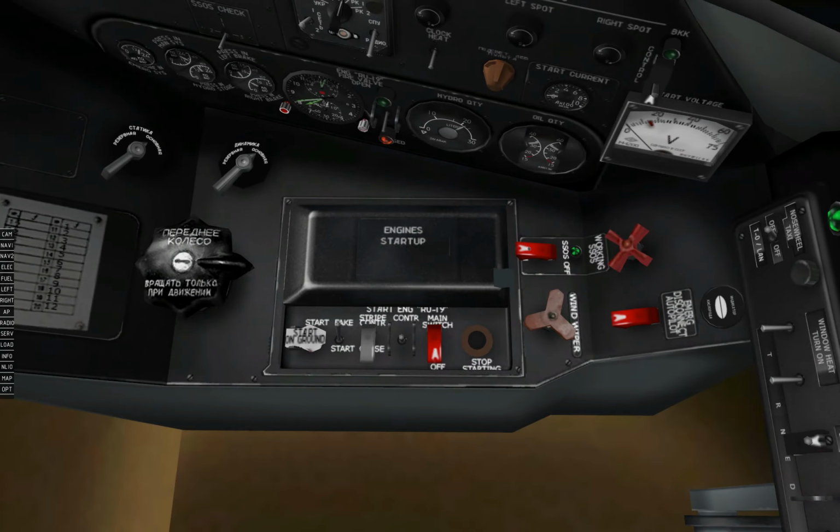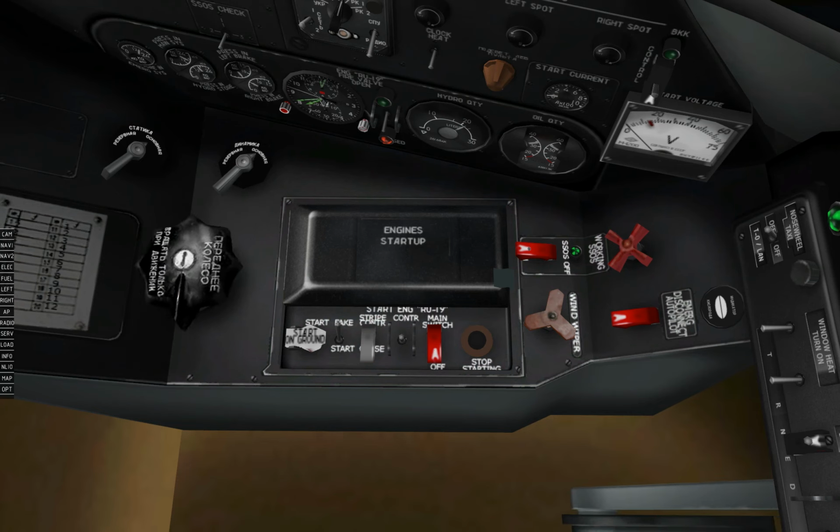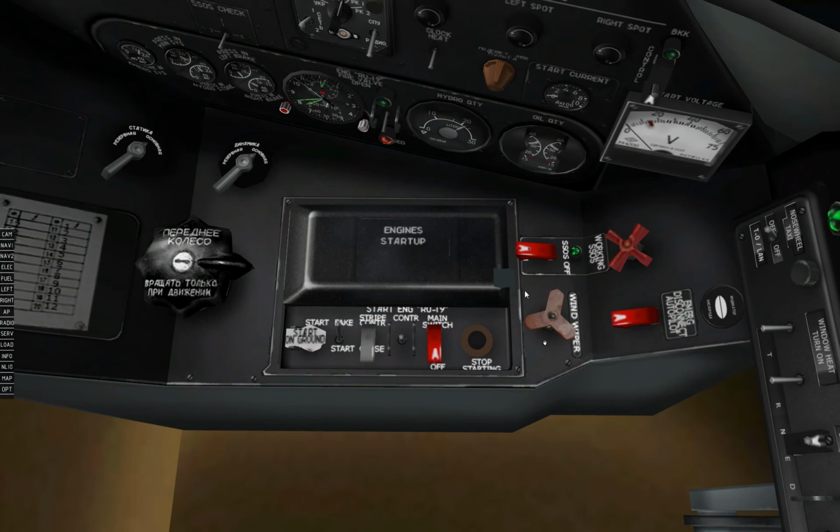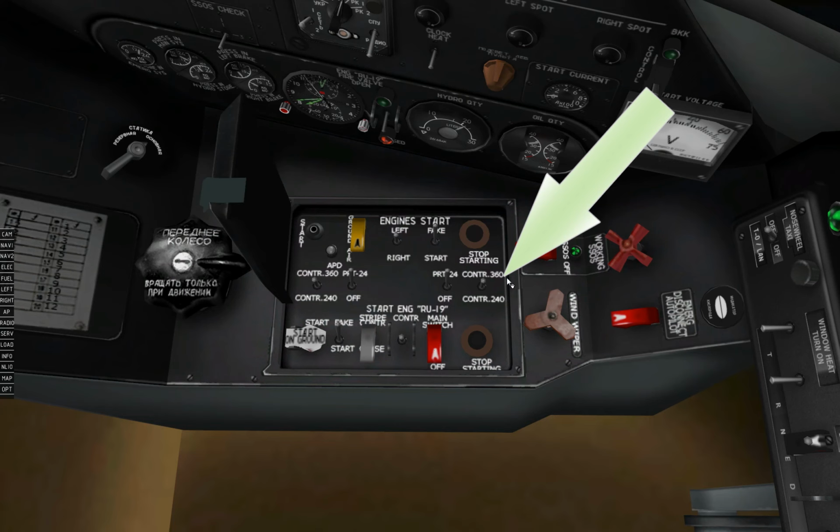We now move to the horizontal part of the left side panel. Here we have the rudder position indicator, or the UPRT. Note that as I move the rudder pedals, it moves in sync to indicate rudder position. Click on this tab and you will expose the engine starting instruments, which are the engine start button, the engine